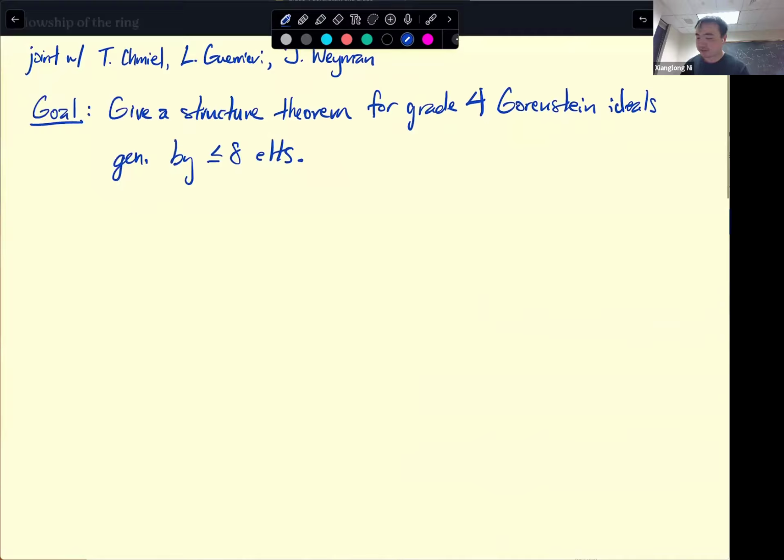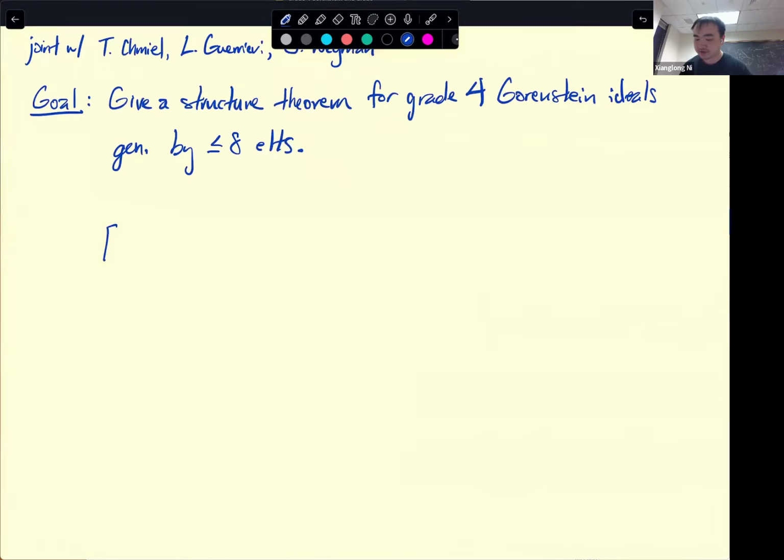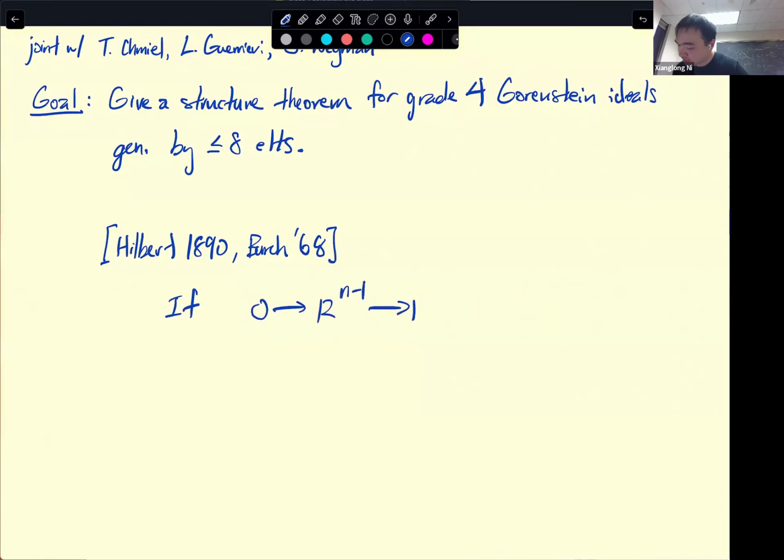In particular, I'll talk about perhaps the most classical structure theorem in this regard, which goes back to Hilbert in 1890, and later generalized by Birch in 68. So the Hilbert-Birch theorem gives a structure theorem for cyclic modules R mod I of projective dimension 2. And so it says that if a complex of the form R^(n-1) to R^n to R is acyclic,